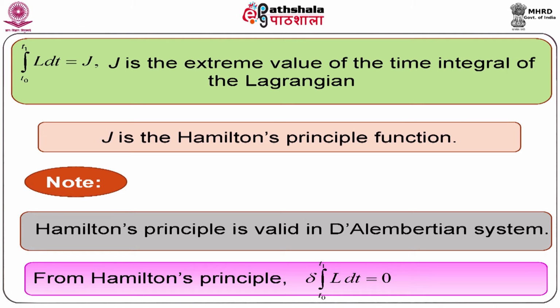Note: Hamilton's principle is valid in a D'Alembertian system. A D'Alembertian system is defined as a system where the virtual work done by the constraint forces vanishes. The above equation can be written as delta ∫ from t0 to t1 of L dt = 0, where L is the Lagrangian of the system,